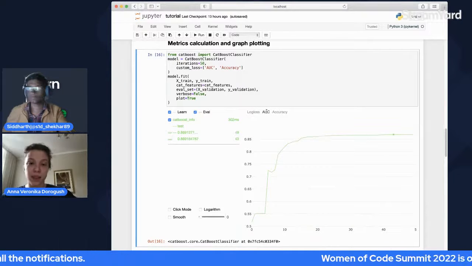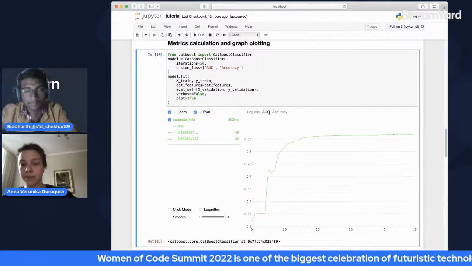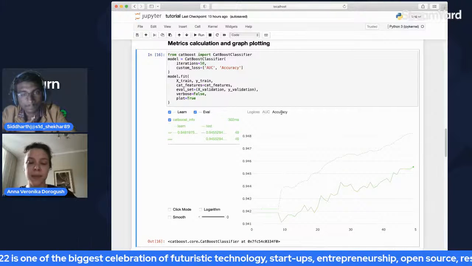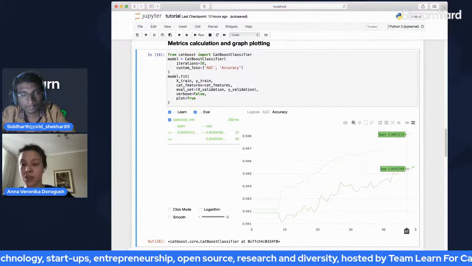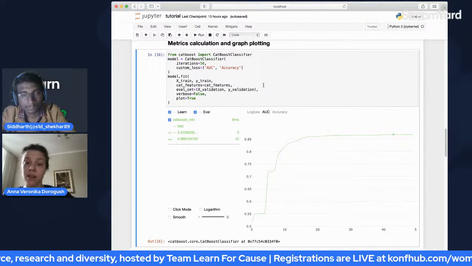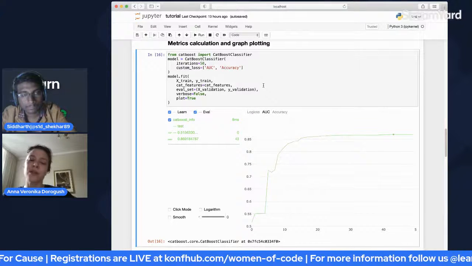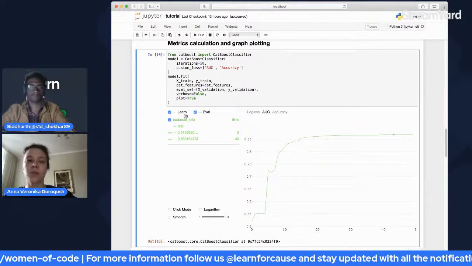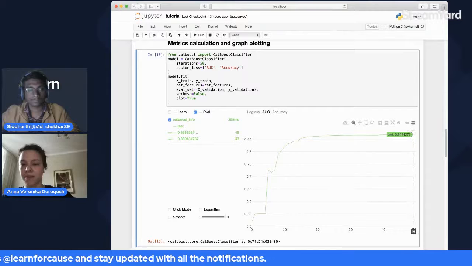And here they are. There are several tabs where you can look on the metric graphs for AUC and for accuracy. The full green line shows you the validation metric. For AUC, CatBoost does not calculate the value of the metric on train because it's very computationally expensive, but there is a parameter to calculate that if you want. Normally you don't want that. Normally you just care about the validation. You normally just care about the validation metric.